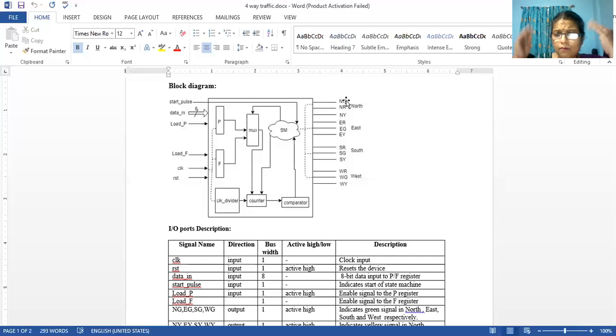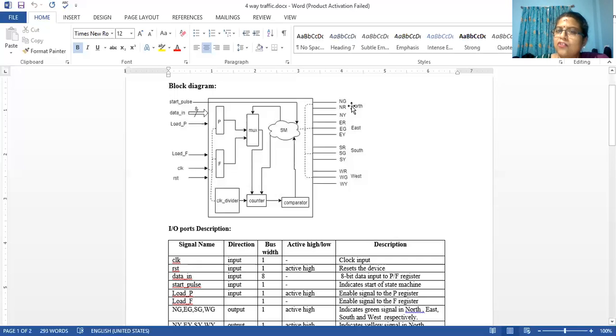If you see a four-way traffic junction, there is an east, north, sorry, north is the top. Down is the south, and left is the west. As per mine, when you are looking into it, it differs. So I am telling top is north, down is south, right is east, and this side is west. That is a four-way junction, right? When you have that four-way junction, each side will have a red, yellow, and a green. That is what your outputs are.